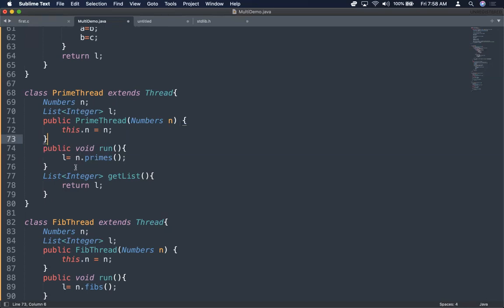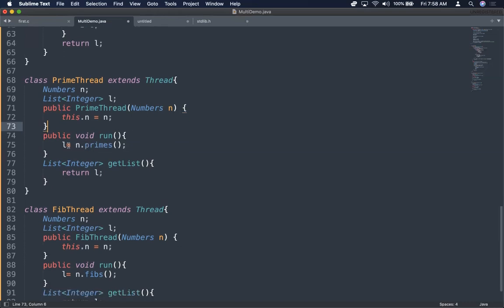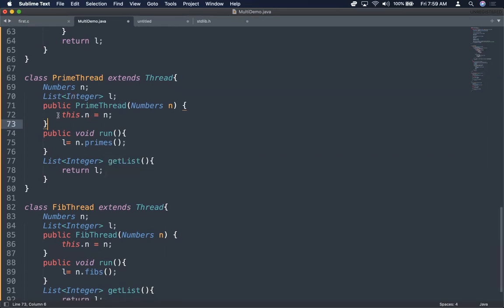So in public void run, what I'm saying is n.primes, and we know that primes returns a list. So I have list L, which is catching all the prime numbers which were added to the list in the primes method, right? That's why I took L, which is of type list, a list of integers. So this is the main logic. Then, because I have list L, the list of integers which contains all the primes, now